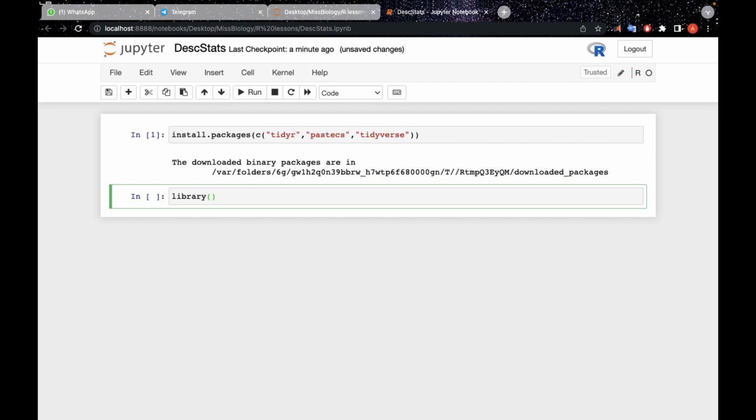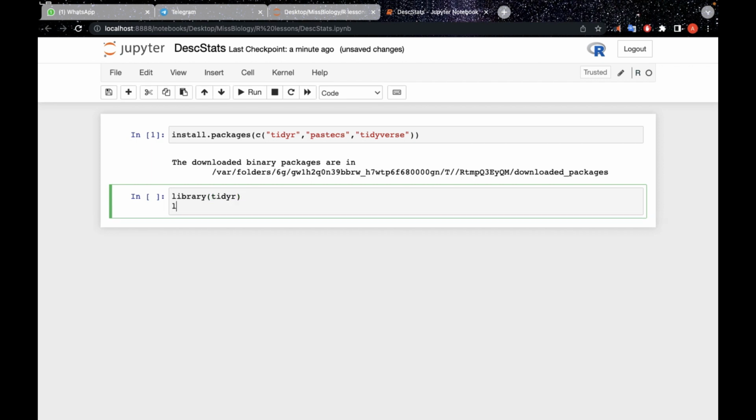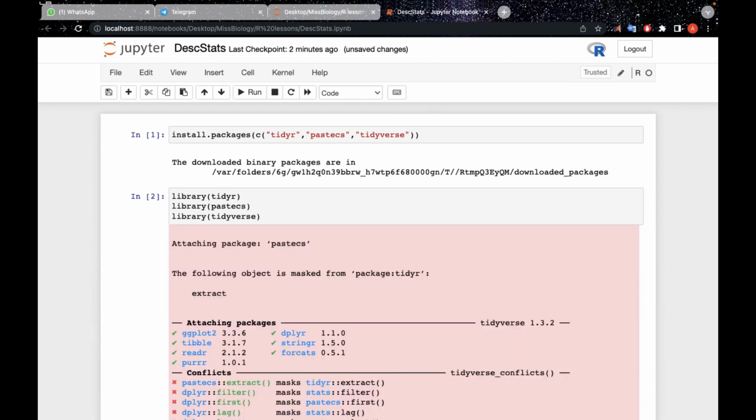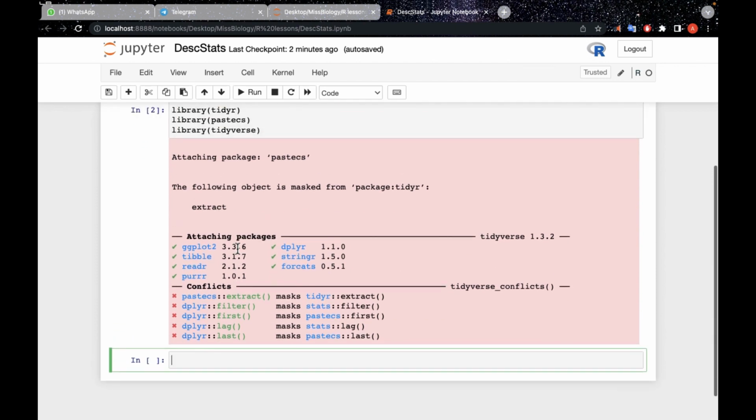Then we call the packages without quotes. And then we're gonna use the iris dataset and assign it to a variable, name it data.